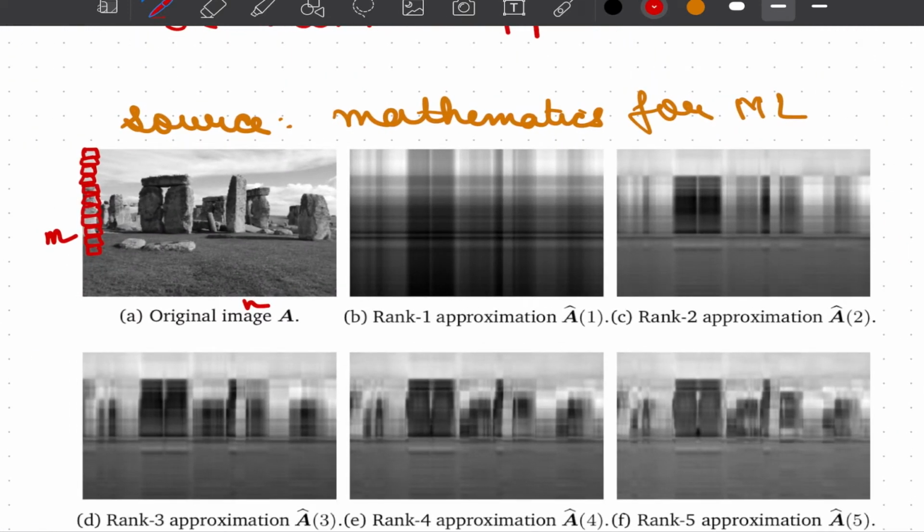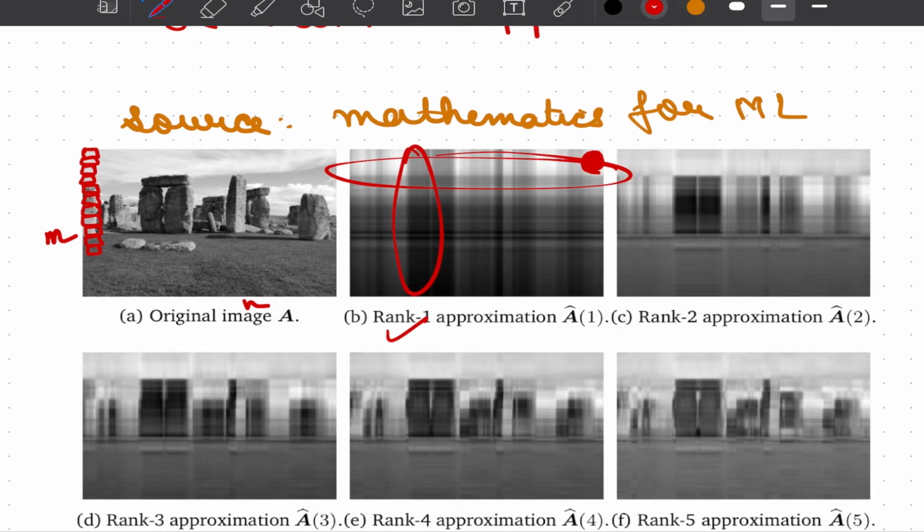So what we do is try to come up with some approximations. The rank 1 approximation will try to capture some abstract features. You see that there are certain bands, some horizontal bands as well as vertical bands. There are certain areas where the intensity of white patches is higher and so on. But you can clearly see that if you just look at the rank 1 approximation, a lot of abstract features are captured, but it is nowhere close to the image.